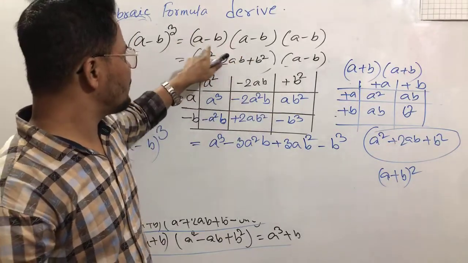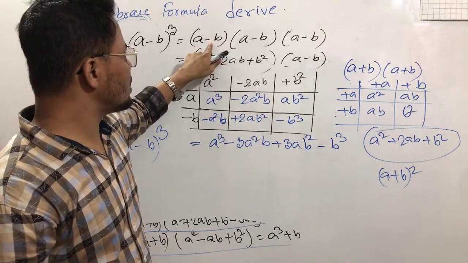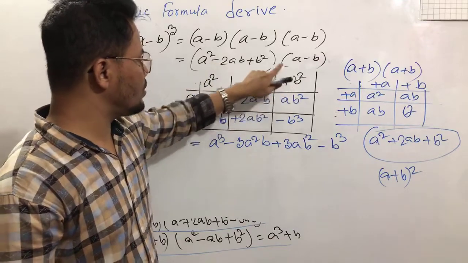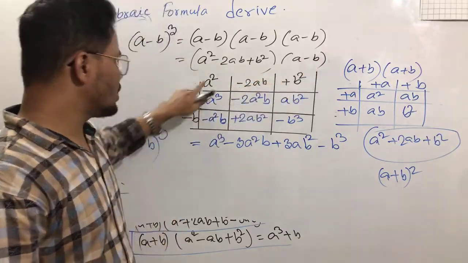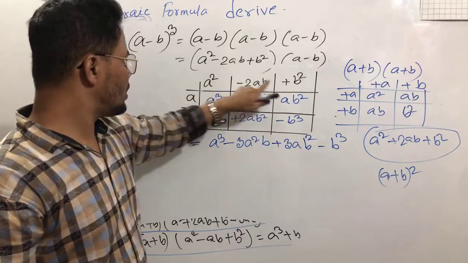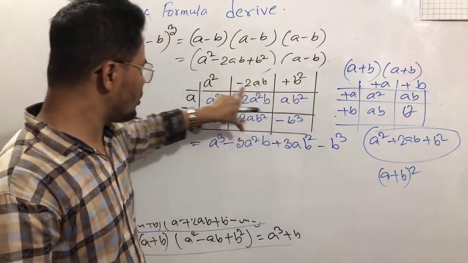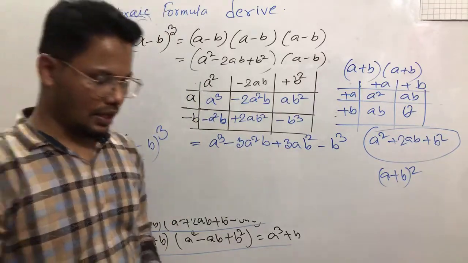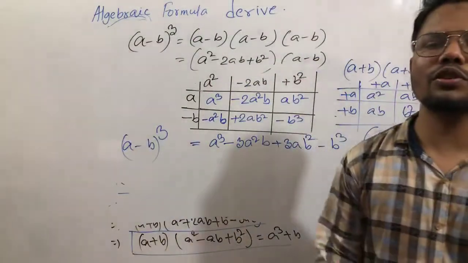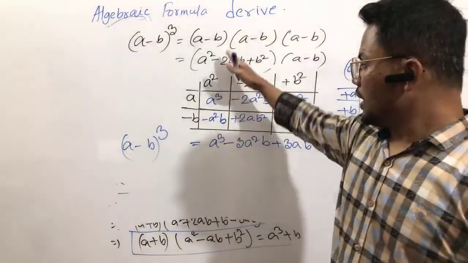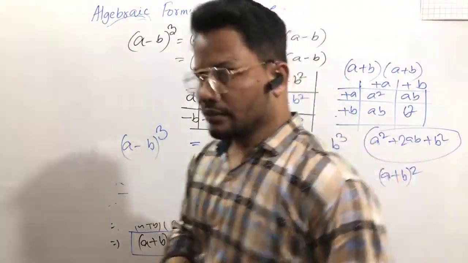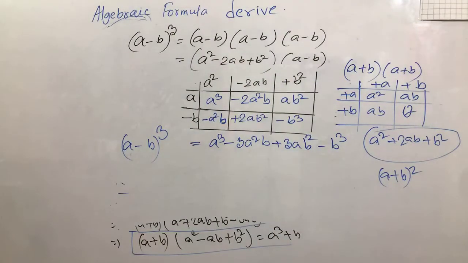Just making the relation, first you can find the multiplication of a minus b and a minus b. This is the result. So this result has 3 separate parts, and for the remaining factor a minus b, do the multiply a with them, b with them, and add all the terms inside the box. Finally we will get the result of a minus b whole cube. So dear students, if you have any more questions, please let me know. You can derive all the formulas by using this multiplication step. My dear students, please let me know, is it okay?